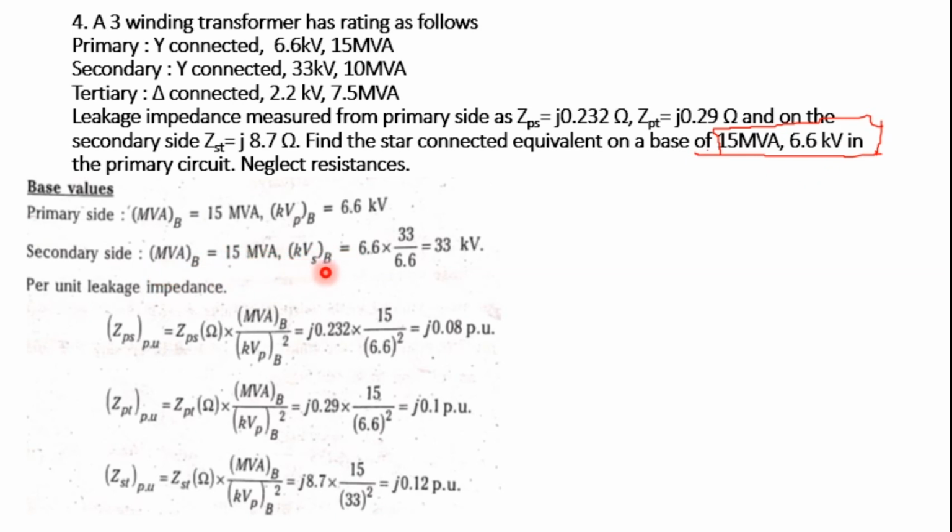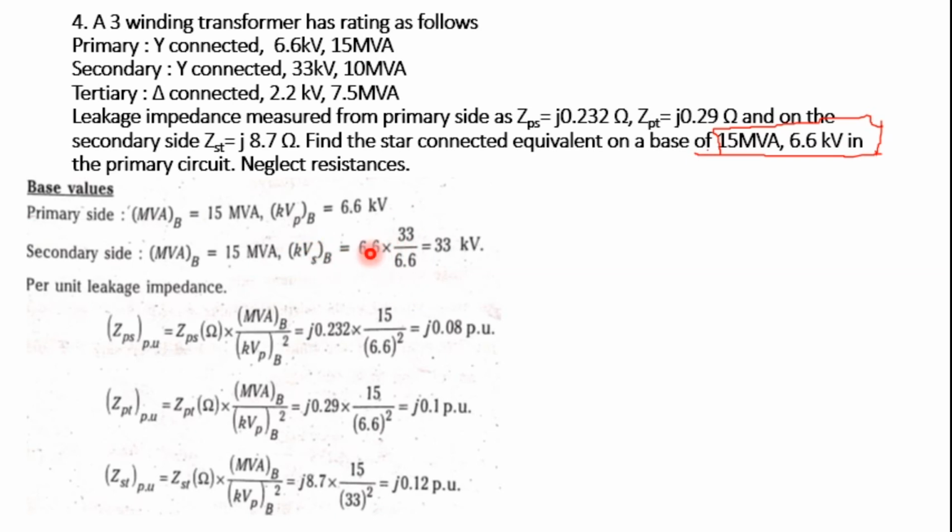Okay. What is the secondary voltage? The secondary side voltage is subject to the high voltage side. Why is it subject to high voltage? Because this is low voltage, this is high voltage. High voltage is equal to low voltage into HT rating of the transformer divided by LT rating of the transformer. That we are going to discuss once again.